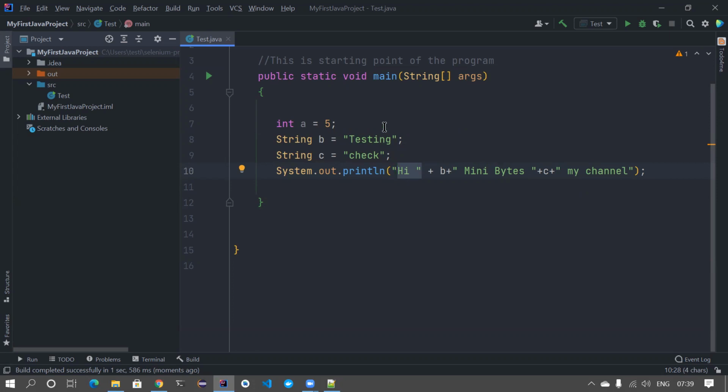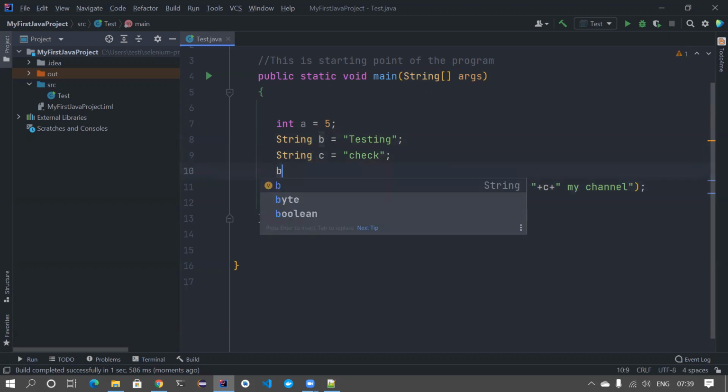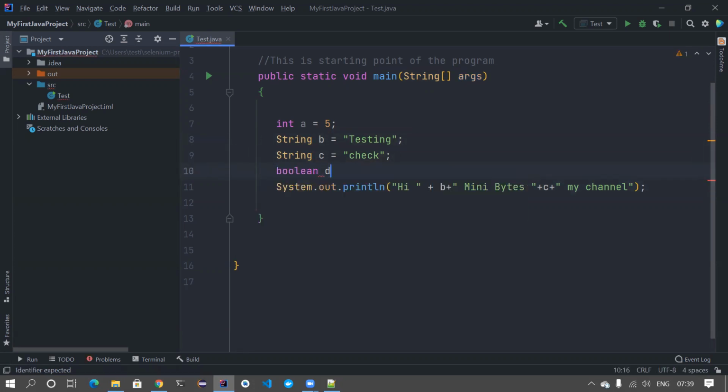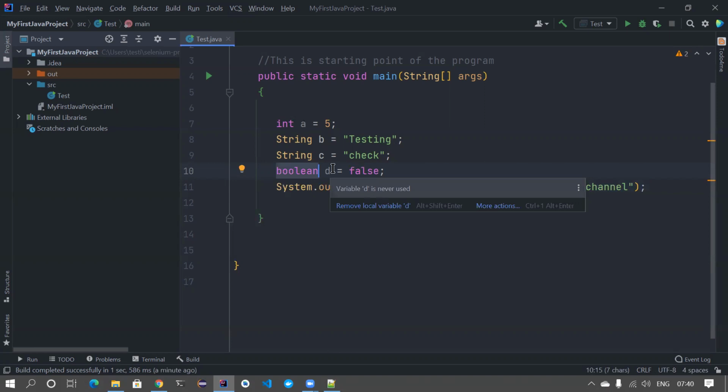true or false. So we have integer, we have string data type, we can also have Boolean. Boolean d equal to, you can have either true or false. If there is a situation that you need to store a true or a false, you need a data type called Boolean. Boolean is a primitive data type. I'll come to what is primitive later, but for now, imagine this is also